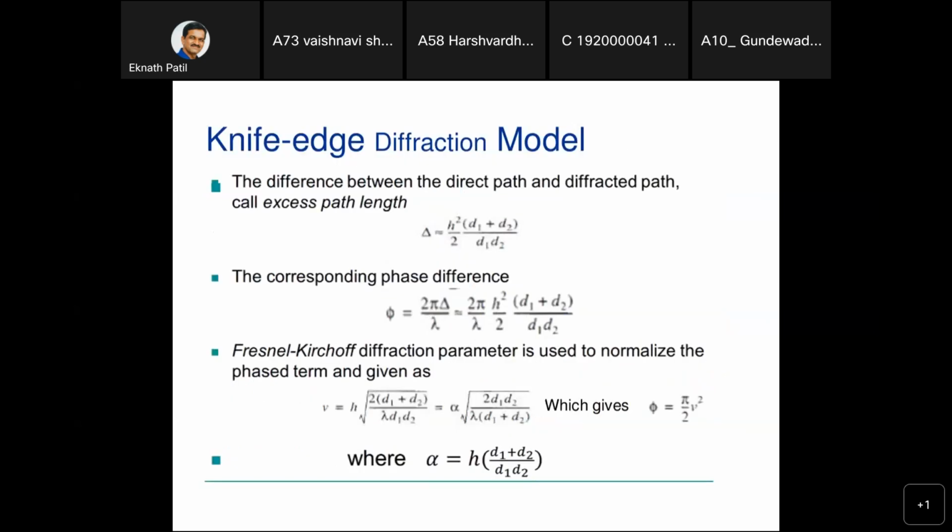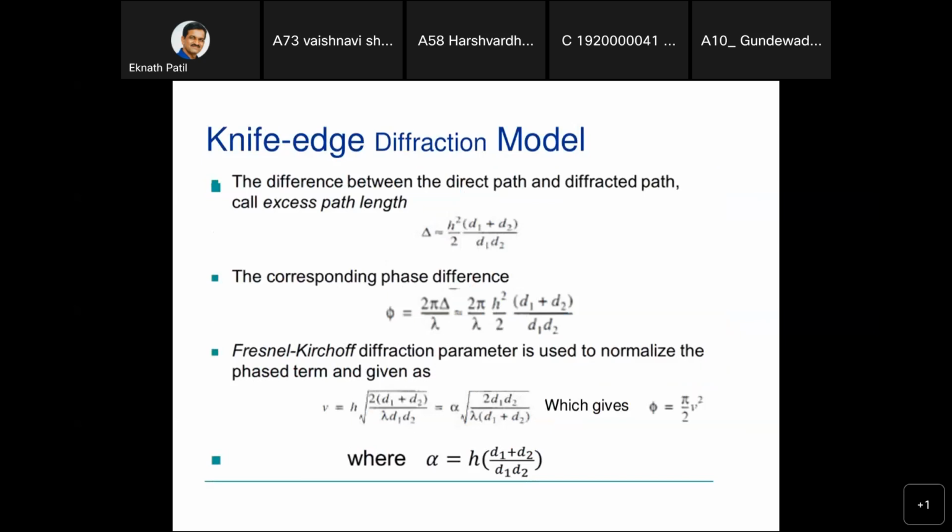Knife edge diffraction model: that is the diffraction between the direct and the diffracted path, called the path length. Delta is equal to h square divided by 2 into (d1 plus d2) divided by (d1 into d2). Corresponding phase difference we have calculated as phi, and the Fresnel-Kirchhoff diffraction parameter is used to normalize the phase term and is given as